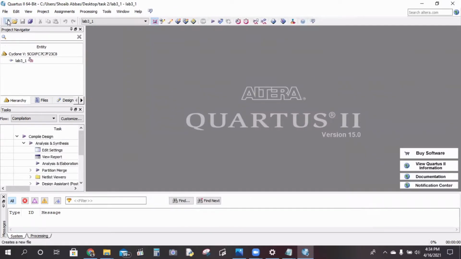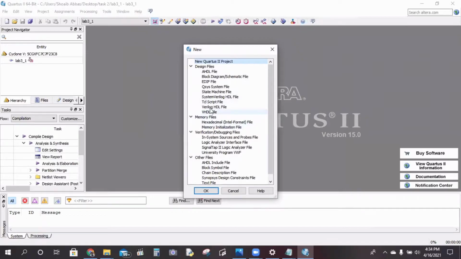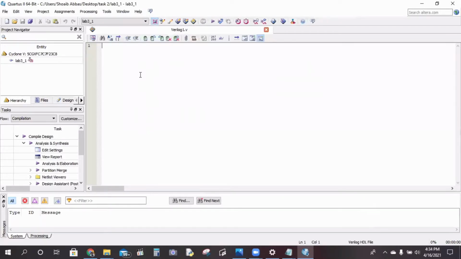So we go for new. From here we have to select Verilog HDL file and click on OK. As I have already created the code, I am just going to paste it over here. This is my code. As I am going to change the name,